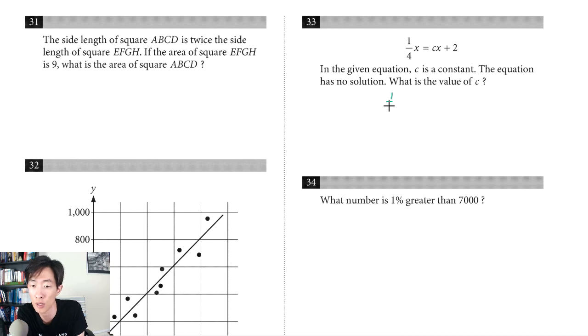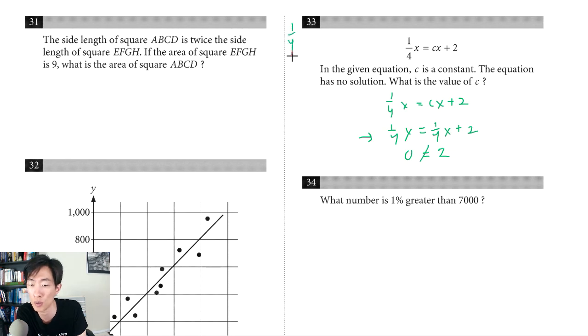So I'm going to rewrite the equation over here. What I'll notice is that if I want the x values to drop out, I can make c equal to 1/4. Because then what happens is 1/4 x minus 1/4 x is 0. Then we're left with 0 equals 2. That's a contradiction, so that actually means this original equation, where c is 1/4, has no solution, because no matter what value you plug in for x, 0 is never equal to 2, and so the answer is going to